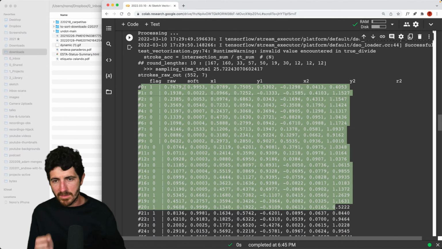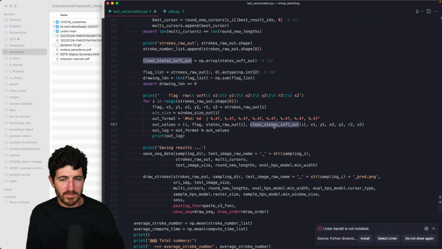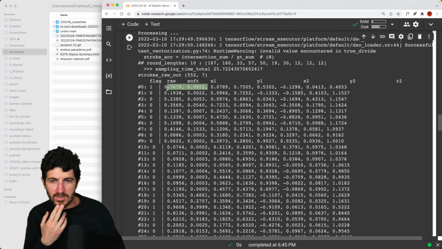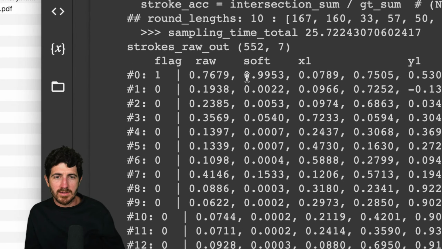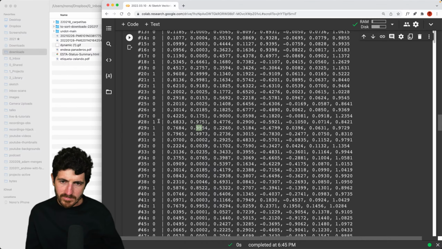Oh, okay. So this is a soft argmax or what? Stays soft, because if you look at these numbers, this is almost 0 or almost 1, right? So the ones up here. Okay, so that's